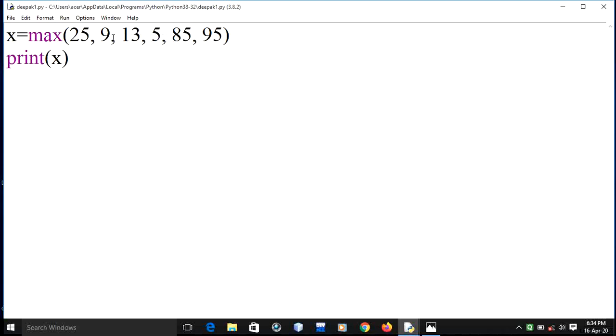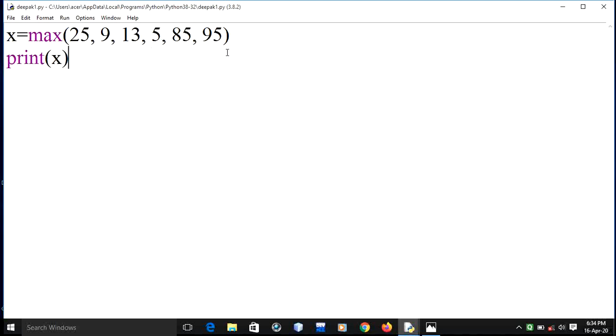The range of marks or values should be given by the user, and then we can apply this max function directly, which calculates the maximum value out of the given values and stores the result into x. And then we print the result, out of 25, 9, 13, 5, 85, 95,